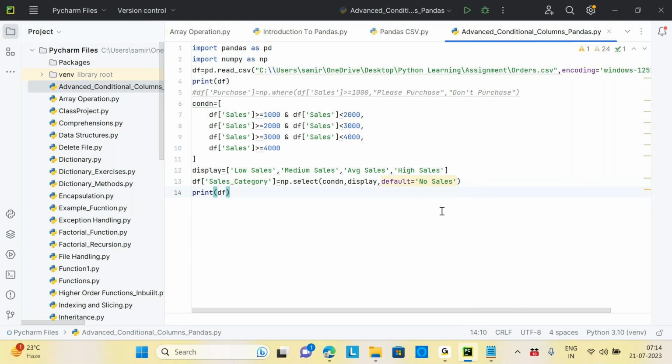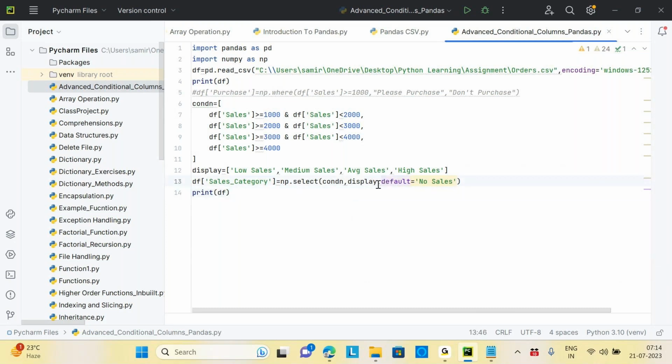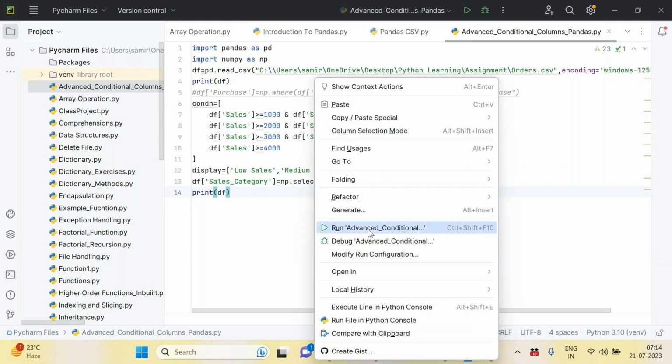Anyway, I'm not able to understand this part quite well. Anyway, let's go with these two approaches. I'll come to this later. I will just create this and now print df. Now if I run this advanced calculation here,